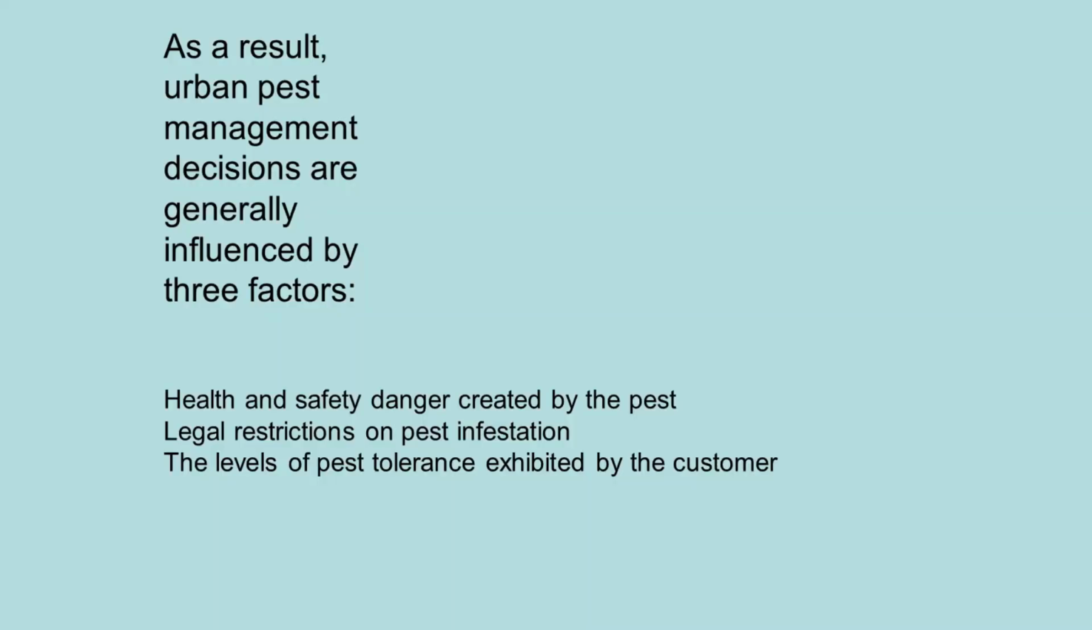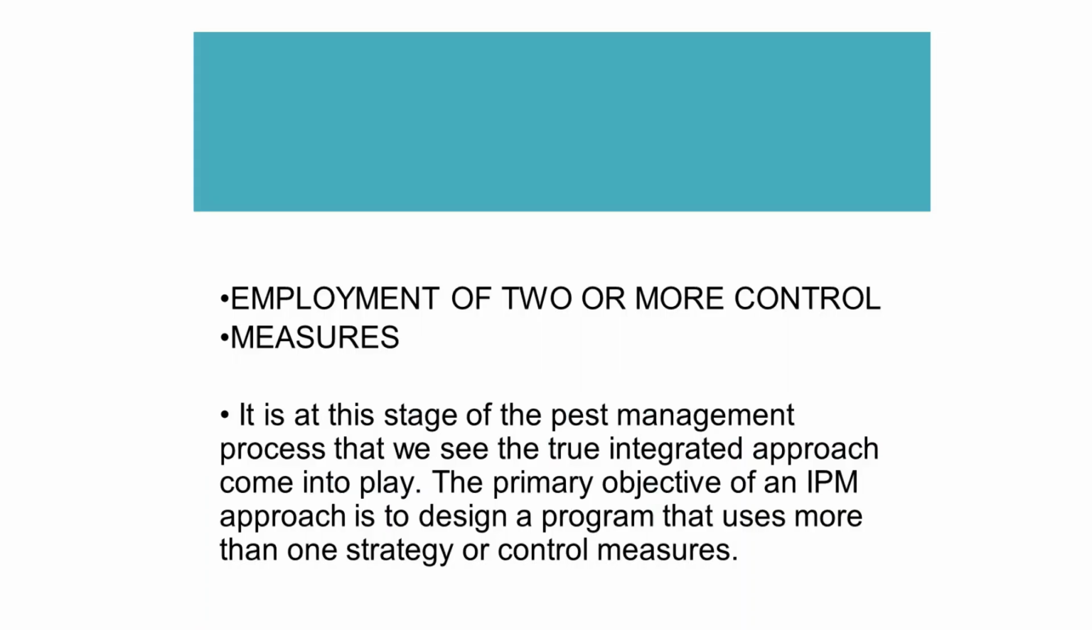As a result, urban pest management decisions are generally influenced by three factors: health and safety, danger created by the pest, legal restrictions on pest infestation, the levels of pest tolerance exhibited by the customer, and employment of two or more control measures. It is at this stage of the pest management process that we see the true integrated approach come into play. The primary objective of an IPM approach is to design a program that uses more than one strategy